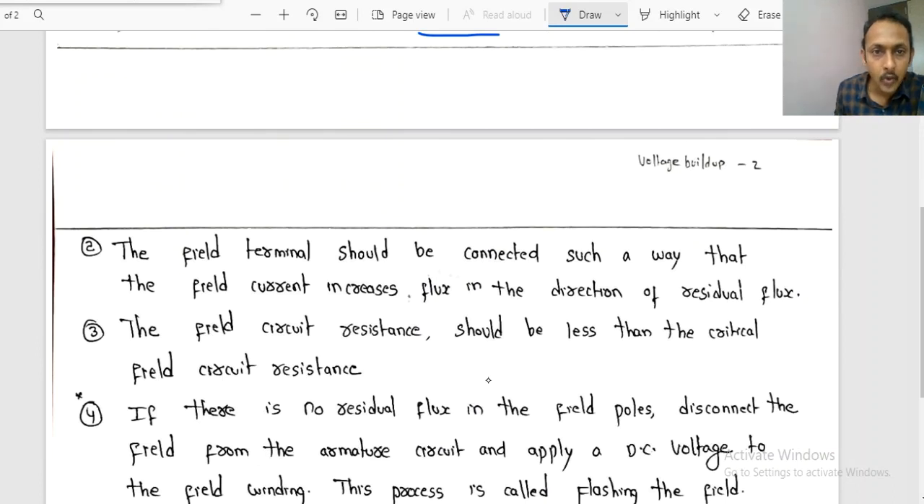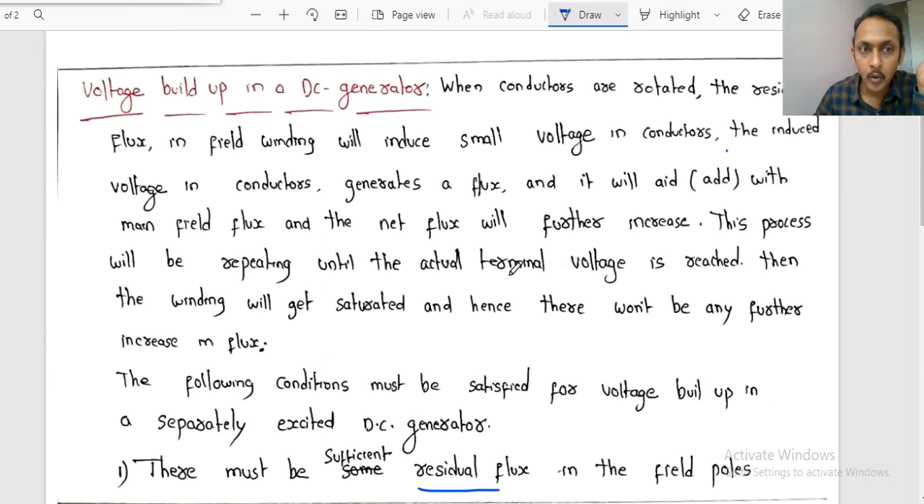In your laboratory you can observe the field winding. It will be named as Z, on the nameplates you can observe that Z. The field terminals should be connected in such a way that the field current increases the flux in the direction of the residual flux, and also the resistance of the field circuit should be less than the critical field circuit resistance. These are the points to be satisfied in order to build up the voltage in